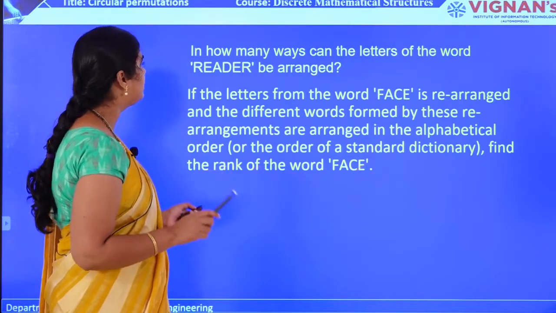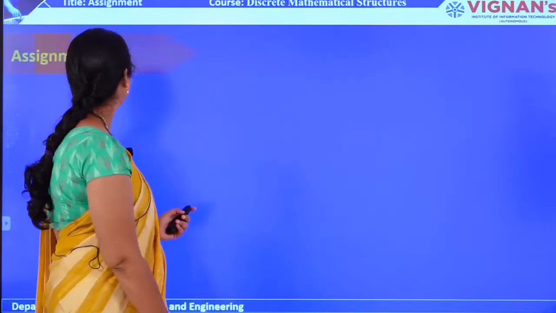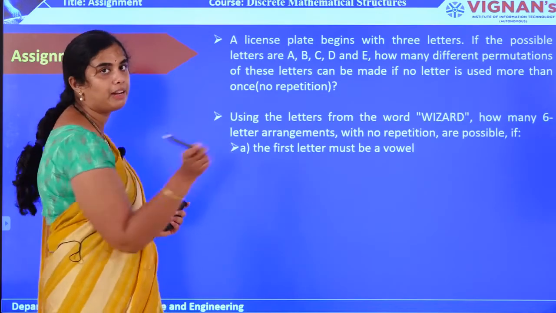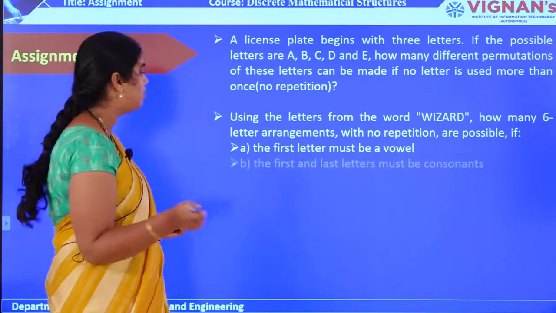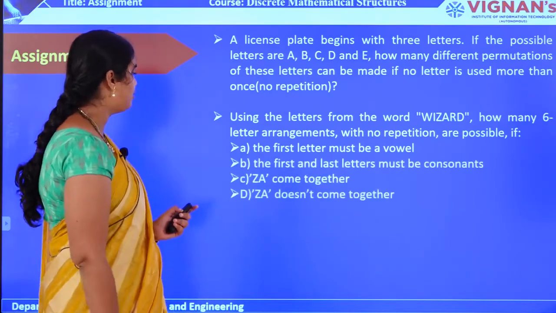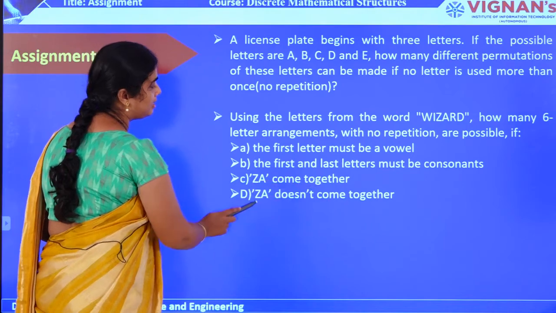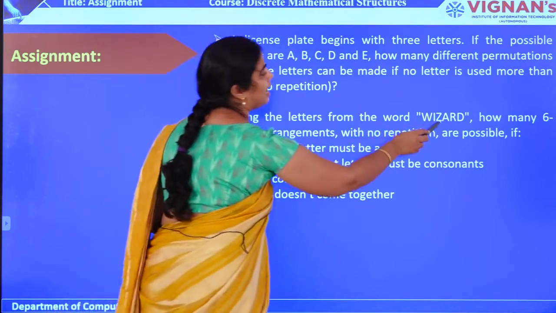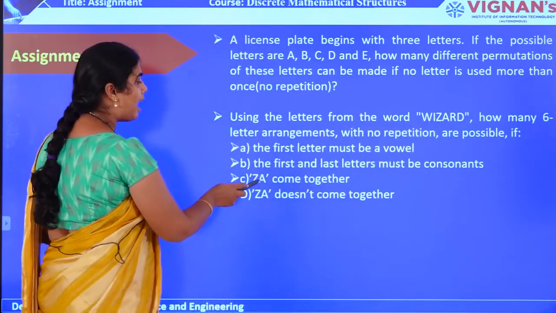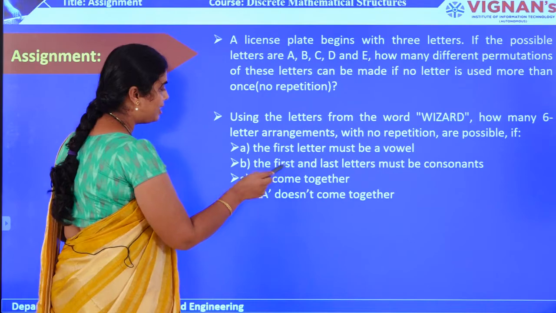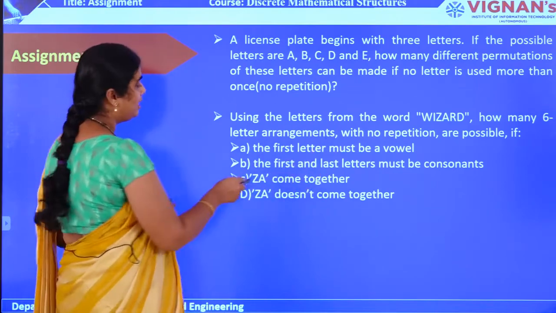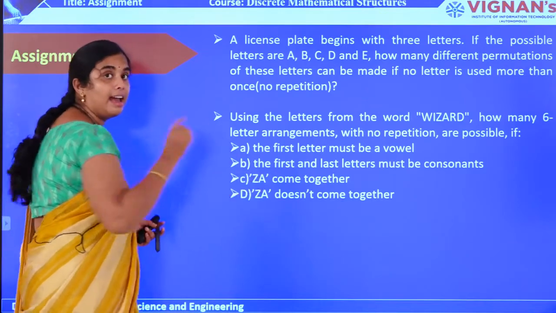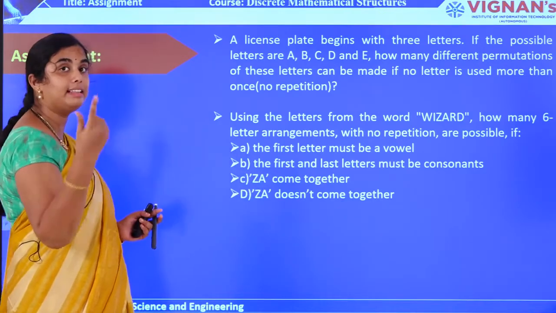Follow it properly. Okay? This is about this example. Next, these are the assignment questions which you need to solve. All the concepts related to the assignment questions I have just now told you, so try to solve these questions. See here: ZA coming together, ZA not coming together. This is the condition. I am given the word wizard and I am asking you to arrange it with this condition. The condition is that you need to arrange the word in such a way that ZA should come together. That means you need to consider the whole ZA as one unit, and